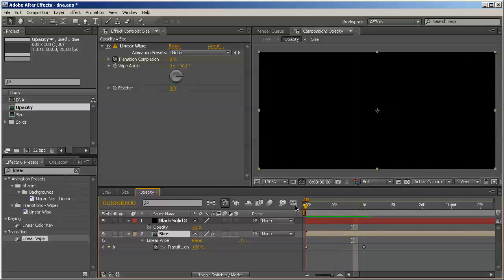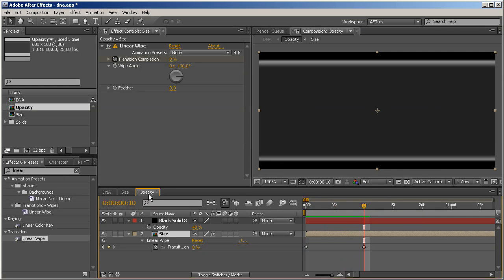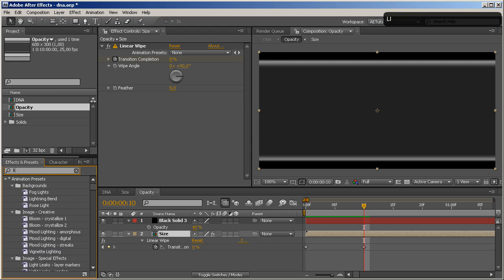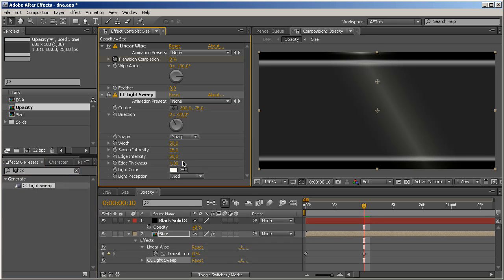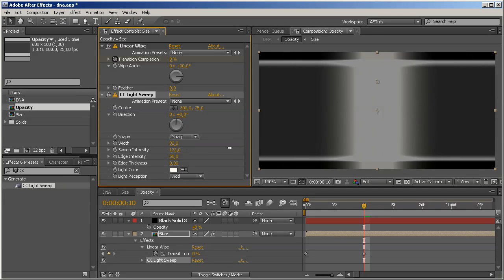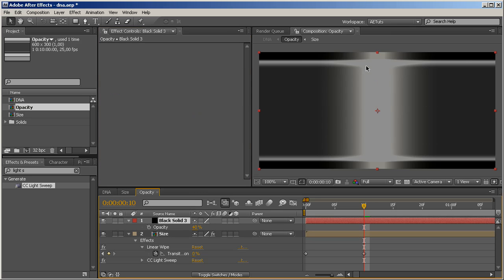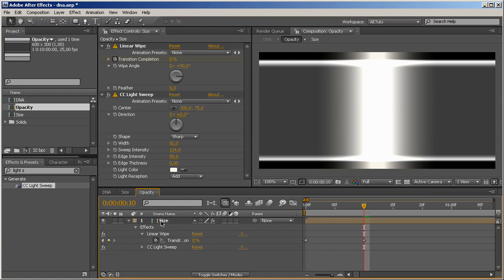So it does something like that. And let's put CC light sweep on top of that. We don't need any edge thickness. We want it to be straight. Intensity. Yes, but now we have a problem. This black solid is affecting our glow, our light sweep, and I don't want that. But I do want it to be darker, so